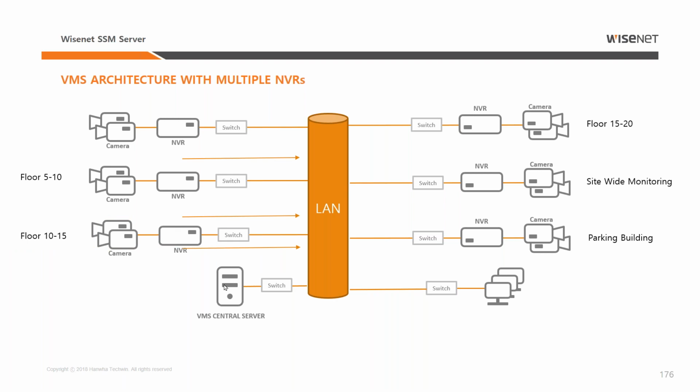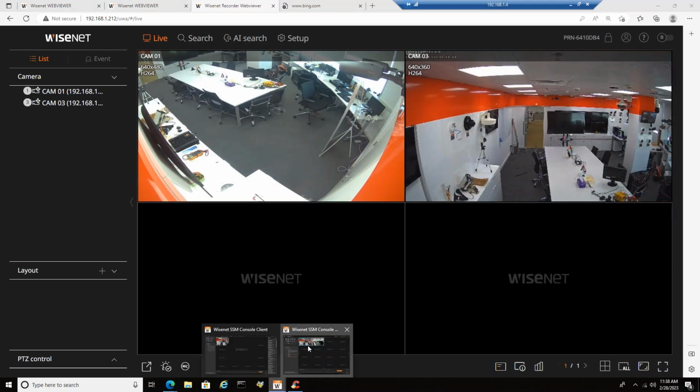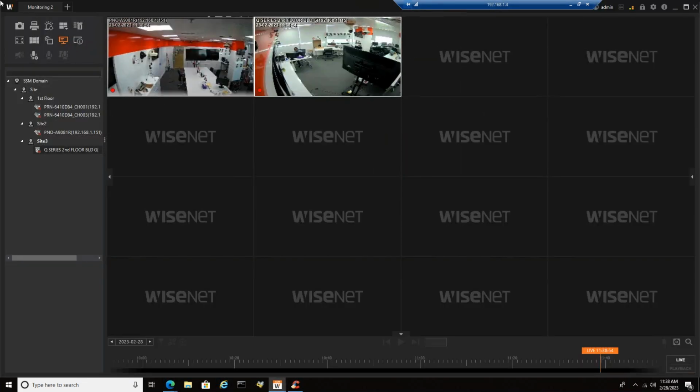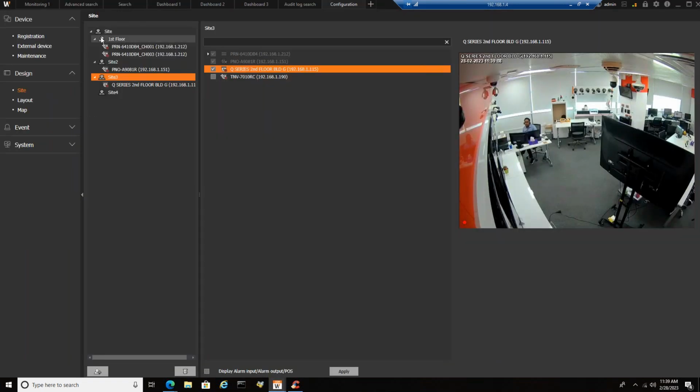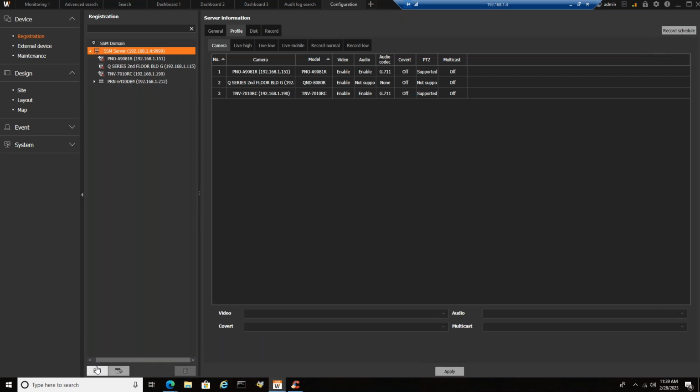For example, if I go to my VMS here, SSM VMS, so I am back to my SSM VMS. I have the option to add an NVR. So here I have the option to add two types of devices in my VMS: register NVR device or register camera device. If you have a purpose-built NVR from our brand and it has been installed